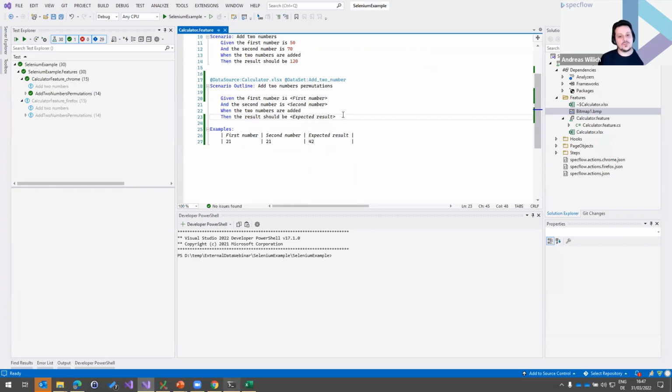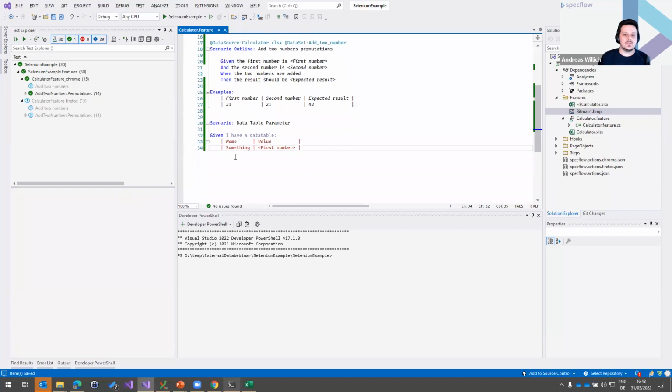But what you can do is, in a scenario, given I have a data table with name and value, you can put parameters into data tables. So first number, you can do this